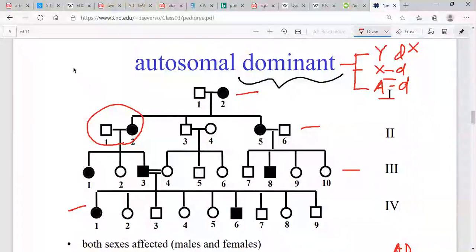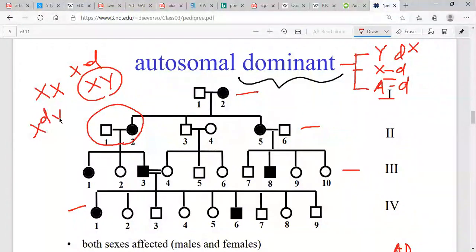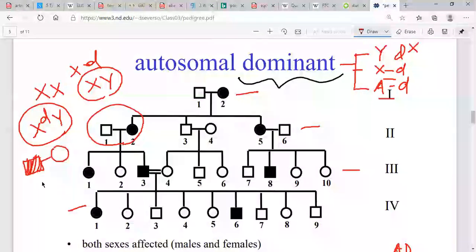Now we shall take X-linked dominant. So we know XX is for the females and XY chromosomal complement is for the males. Now suppose it is X-linked dominant, then what will happen? Look at it very carefully. If the male is affected in any case, so if it is X-linked dominant and the male is affected, and he gets married to a female, what will happen? All the females, if this father has 2 daughters, all the females will be affected.